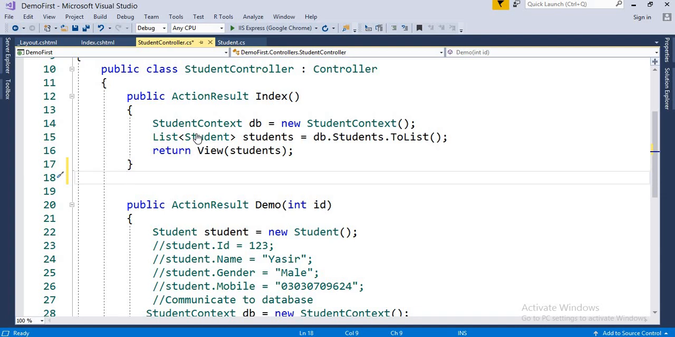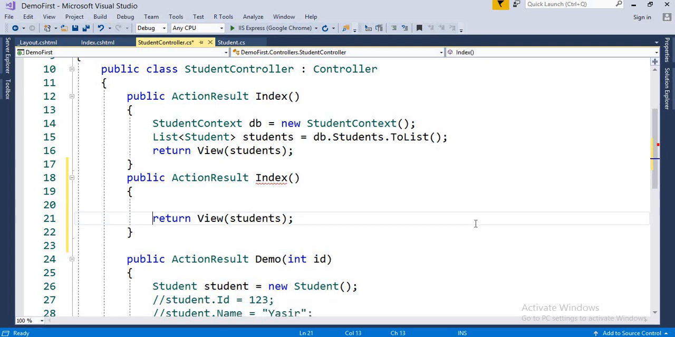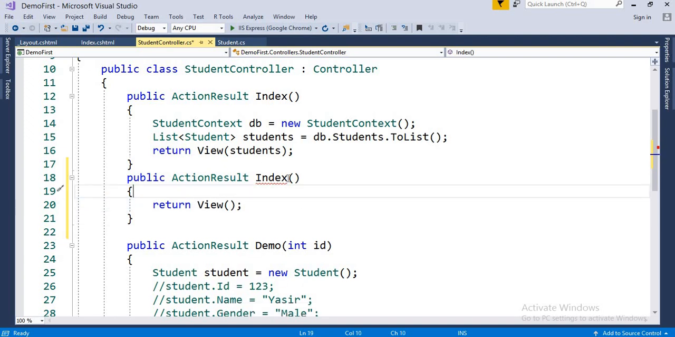So I have copied this index action method and I have pasted it over here, and for creating a new student we do not need to pass any data to the view, because we want to create a view which can show us the text boxes for name, gender, city, etc., which are the properties of our student class. So let me name this action method as create,